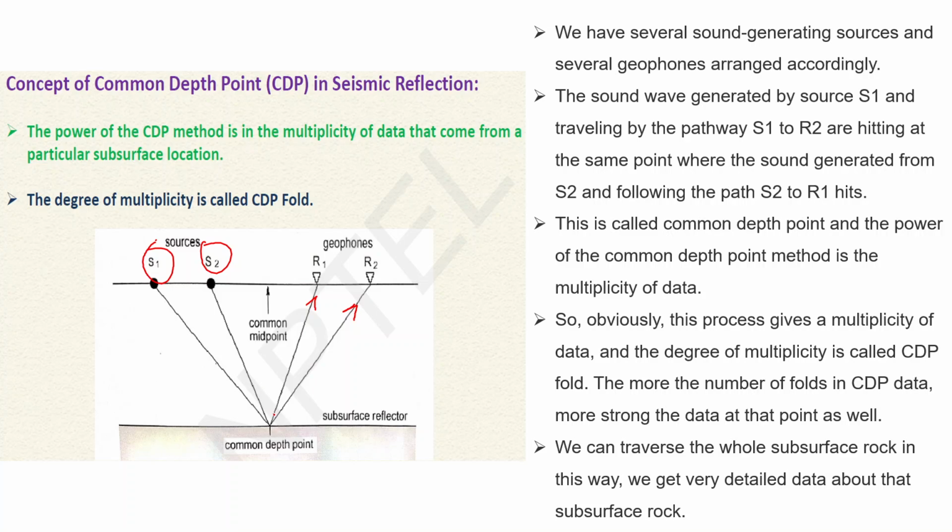So we can say that this single point is giving two different data. We are getting different data for a single point to better analyze it. Obviously, if the repeatability of data is there, then we can get a much better confirmation of whether the crude oil is present or not.